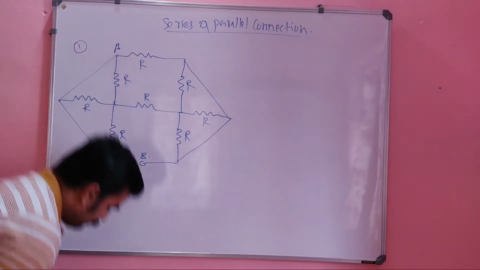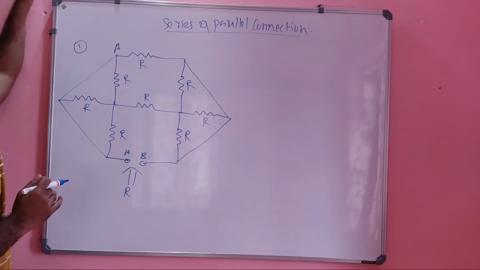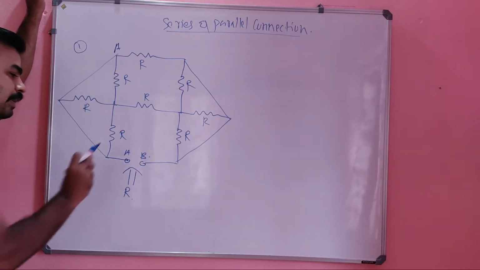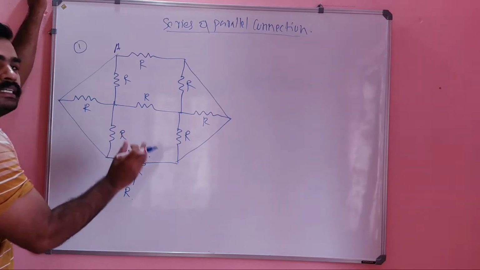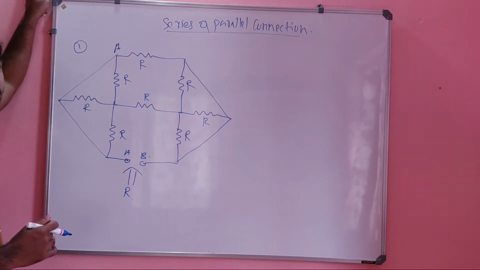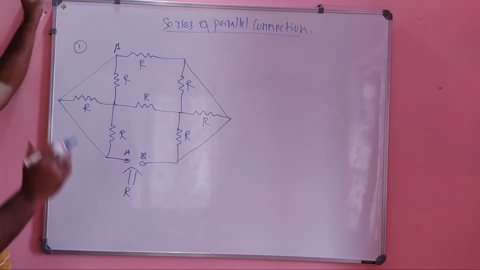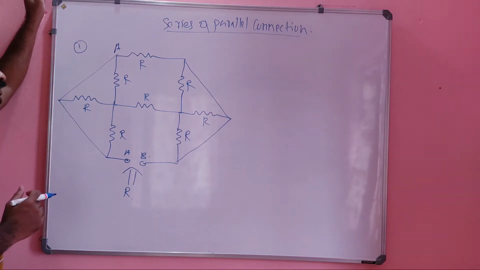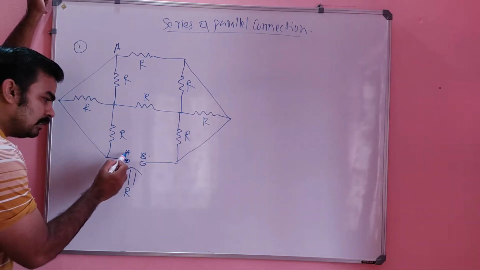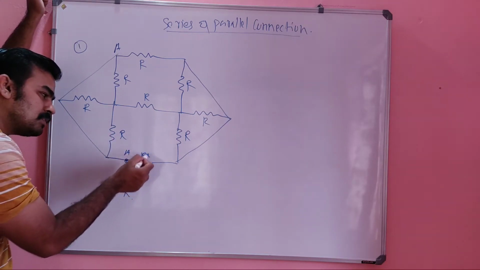We have to find the effective resistance between A and B. This is the circuit; we have to solve it and find RAB, the effective value of resistance between terminals A and B. See, how can it be solved? We are using an interesting concept in electrical engineering here. Suppose this point is A and the potential at this point is VA, and this point is B and the potential at this point is VB.